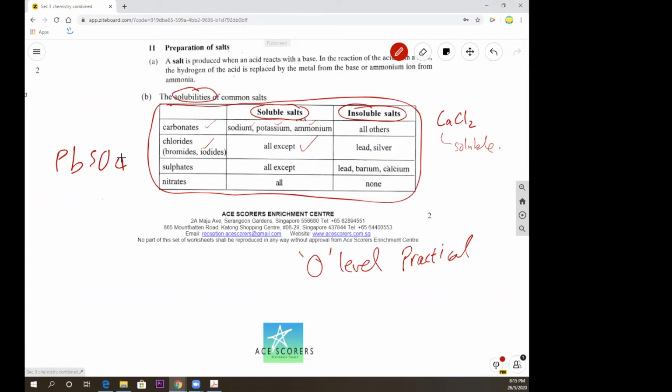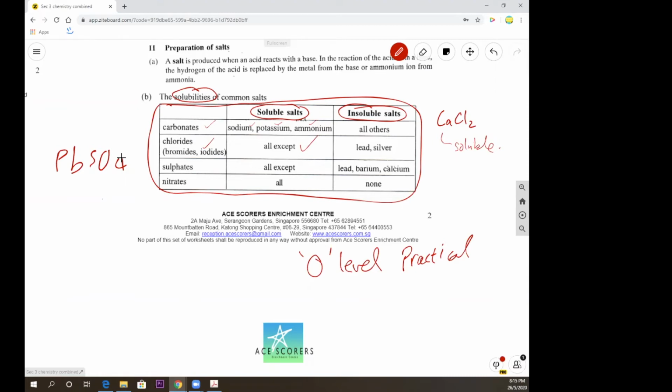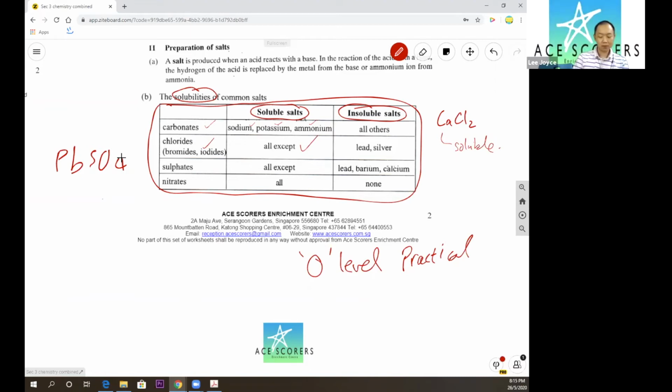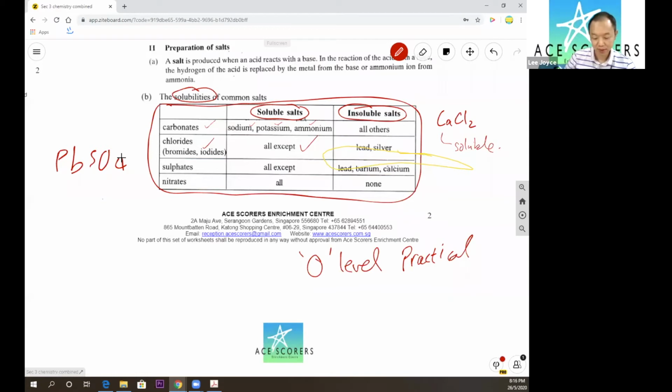Insoluble. Why do you say insoluble? Because I circled it, it's over there, right? Okay, then we test